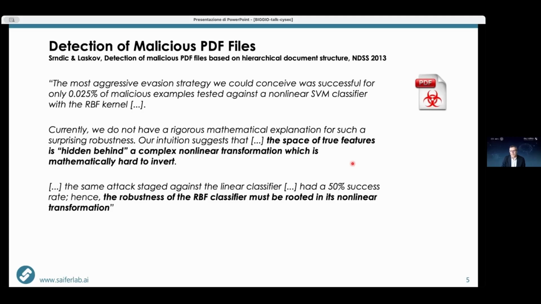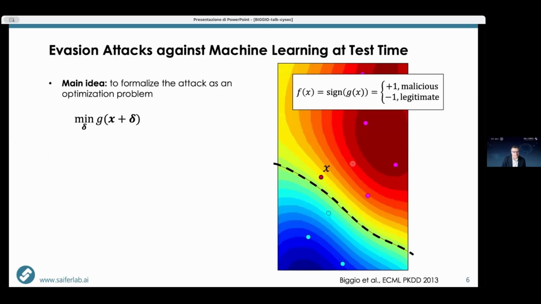So the idea that we had at that time to show that this claim was wrong was basically, and this is the main intuition behind all of the attacks that you see nowadays, that these attacks on machine learning models or AI can basically be staged as optimization problems against such models. So that was the main idea that was driving this follow-up work. And the idea is that, again, if you consider a model that outputs a positive score for malicious instances, what you would like to do is to manipulate this instance to have a negative score, so to reduce the score as much as possible. So this is clearly a minimization problem.